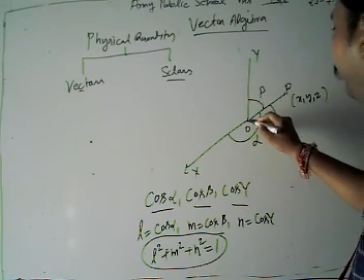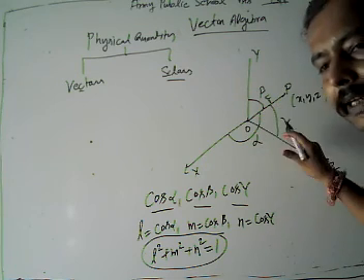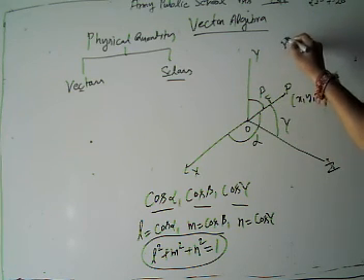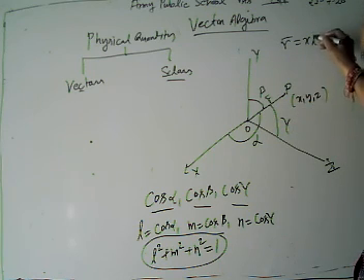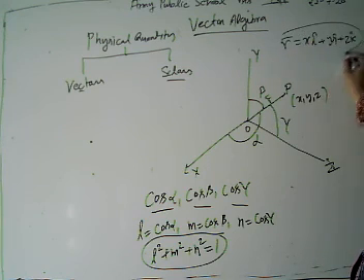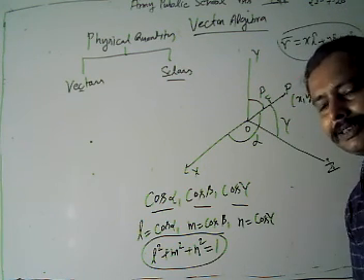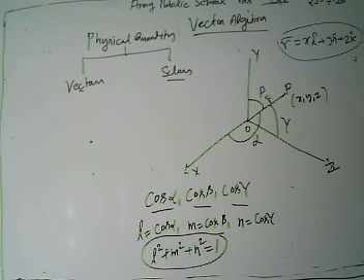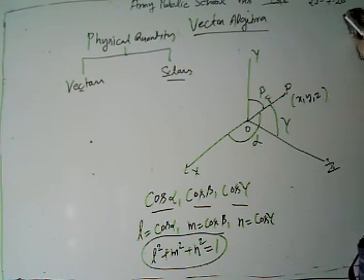Look at our position vector OP, which we suppose is R. The position vector R is given by X i cap plus Y j cap plus Z k cap. We have discussed its magnitude. If we want to use our position vector as a vector, we are not using X, Y, Z as a vector here; we are talking about the coordinates X, Y, Z.